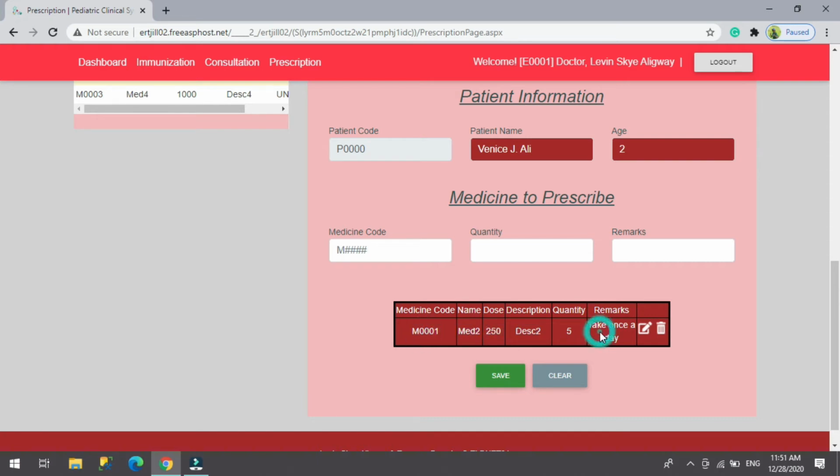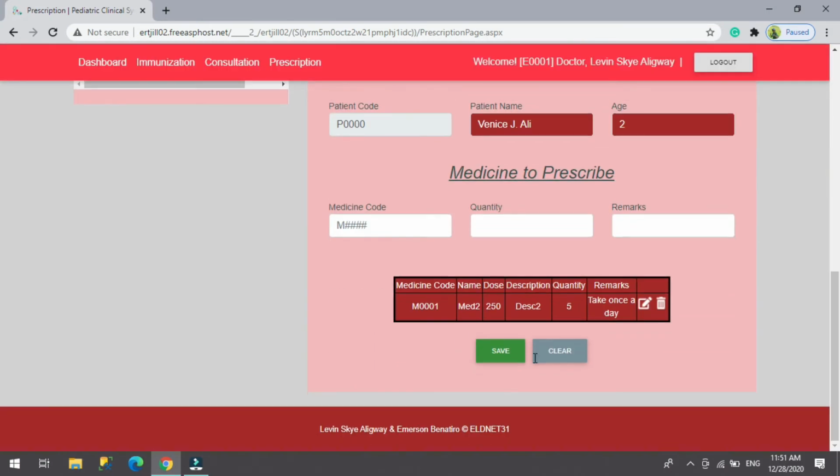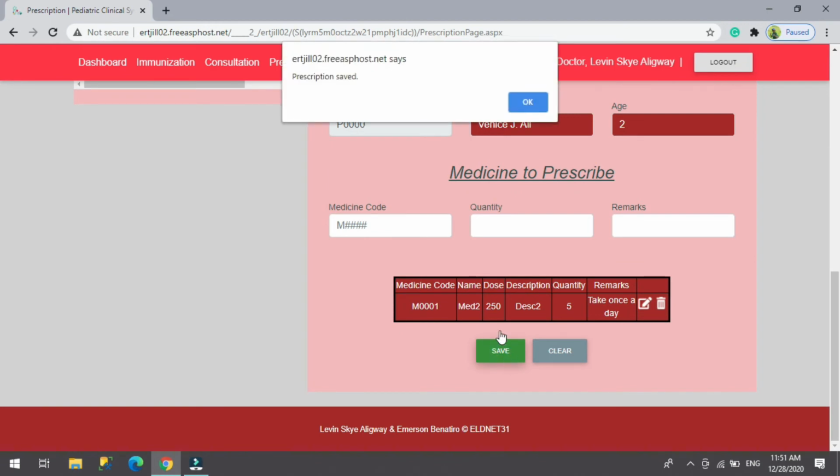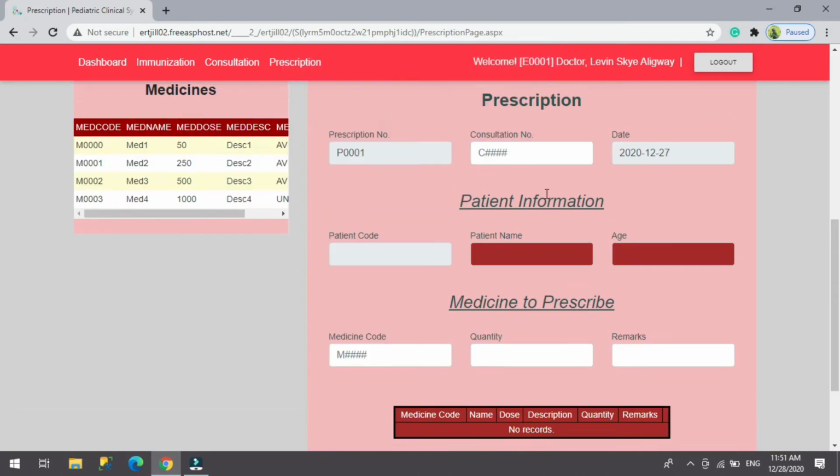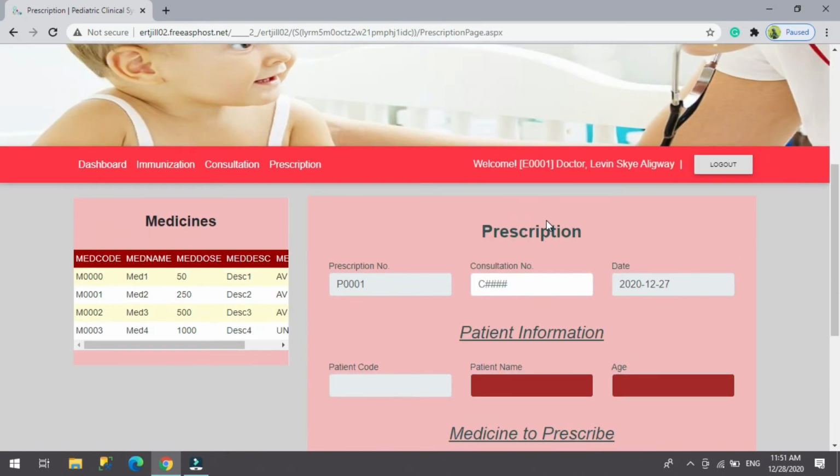So like the other forms, we can also edit, update, and delete this one. To proceed, we have to save this entry. And yes, we already saved a prescription. And since I am not catering the clerk's account, so all prescription